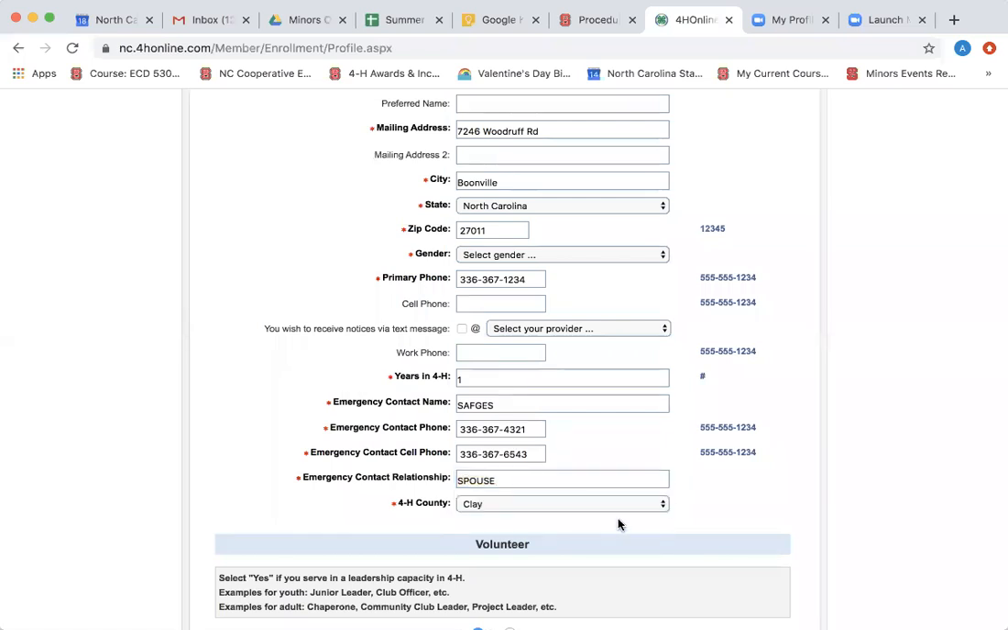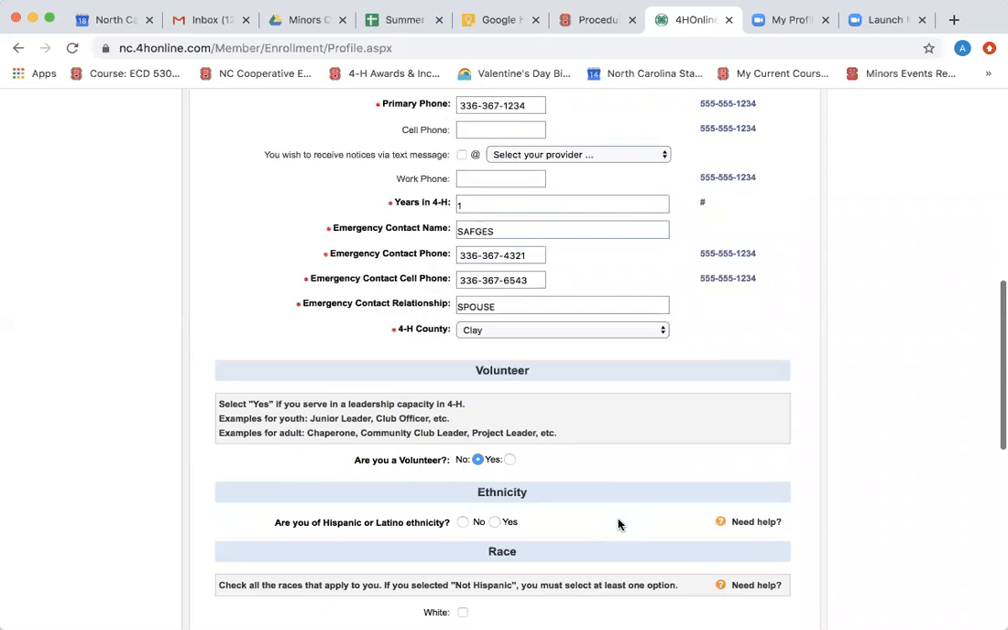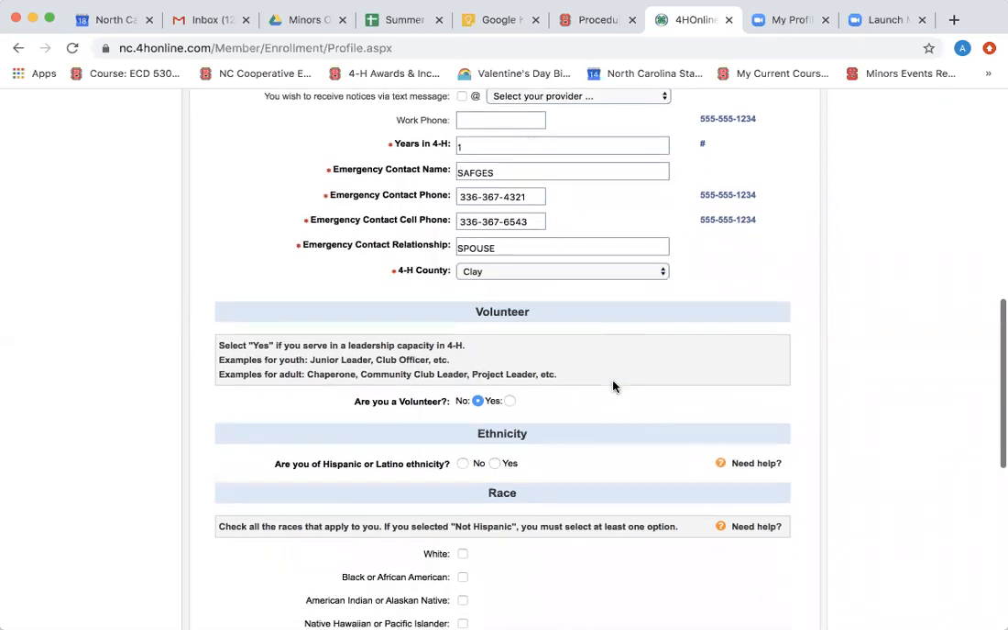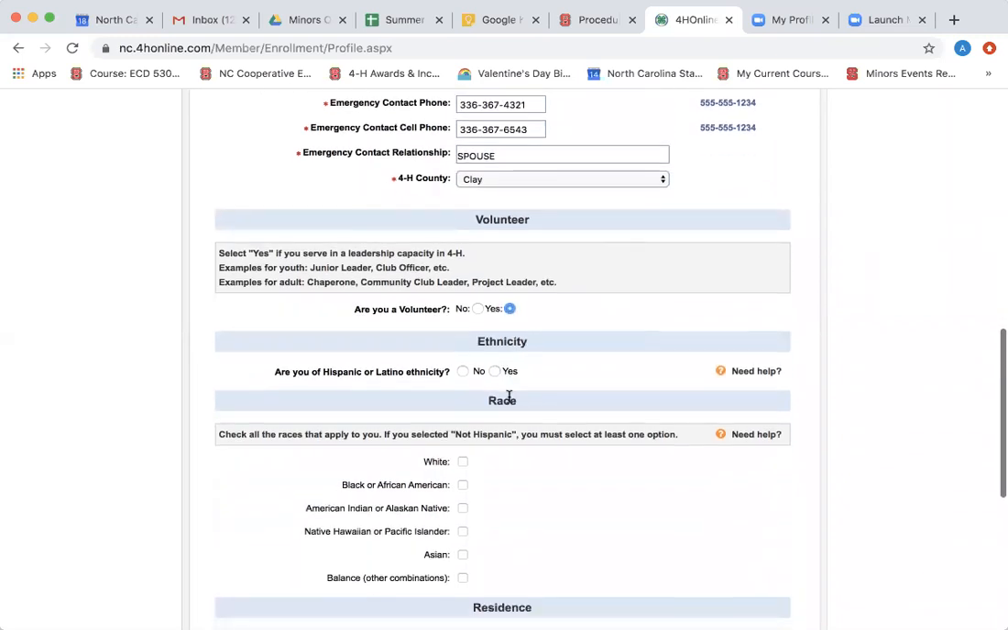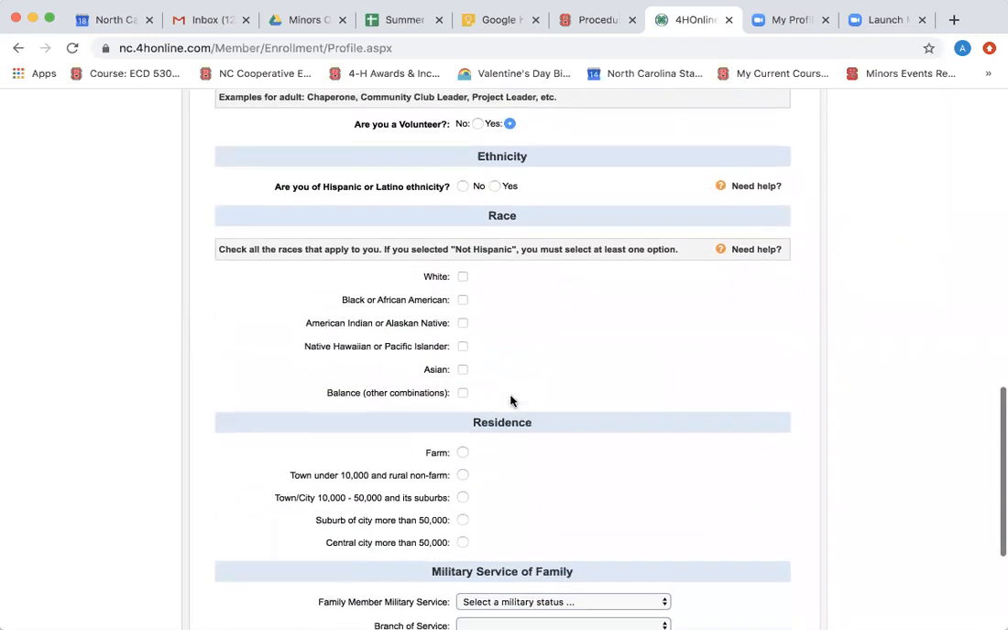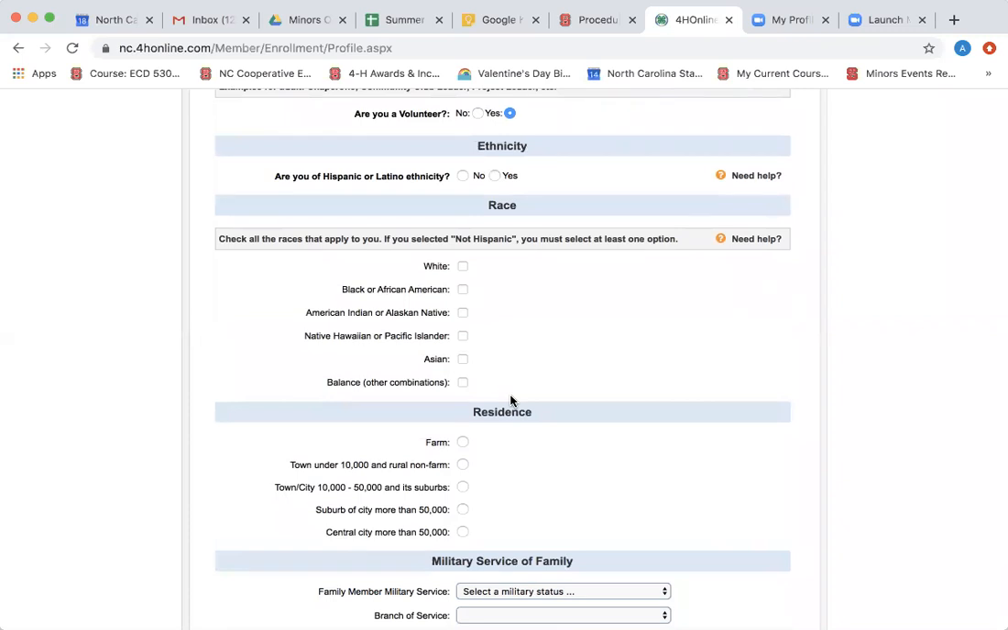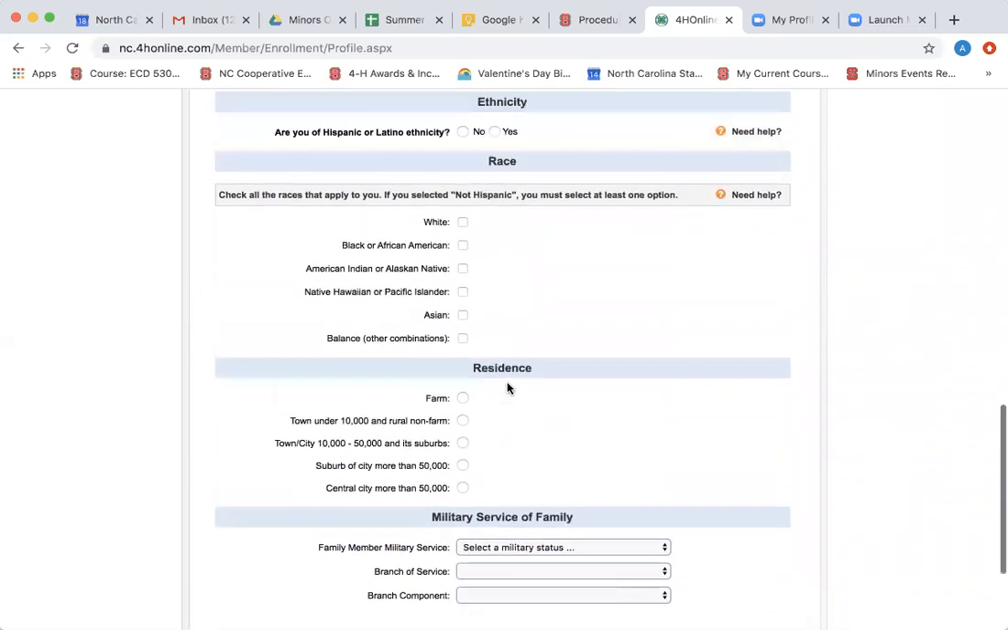And again, enter your 4-H county at the bottom. This is the county in which you participate in 4-H programs. If you reside in a different county, please select the county in which you participate in 4-H programs. Then click Yes for volunteer and complete the information about ethnicity, race, residence, military service,